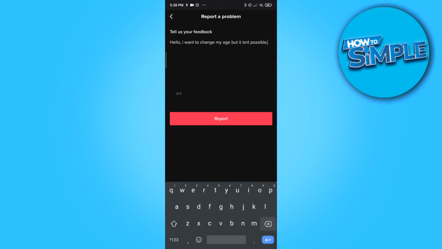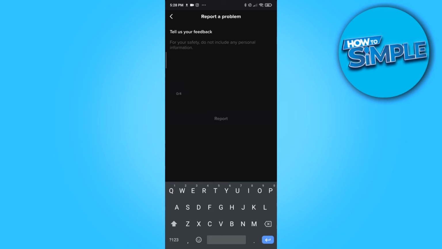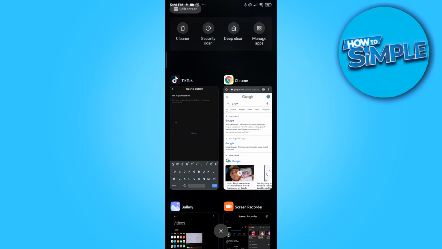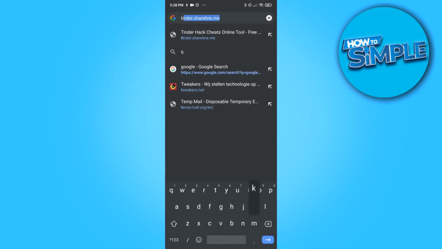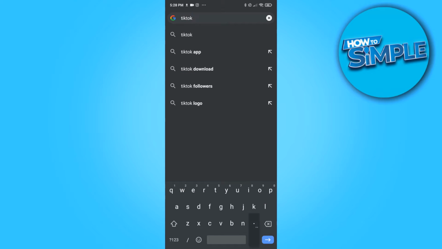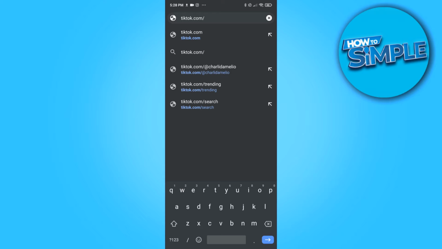So just enter in anything you want. You can put it in here, but if this is not what you want, their email, that's also possible. You can go to your browser then, and then type in your browser tiktok.com/legal/terms